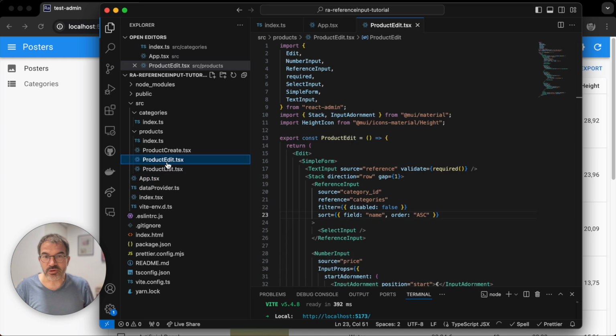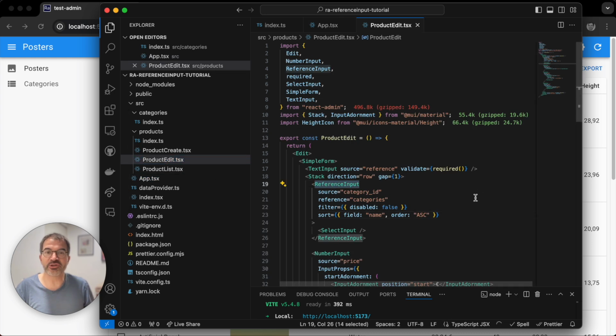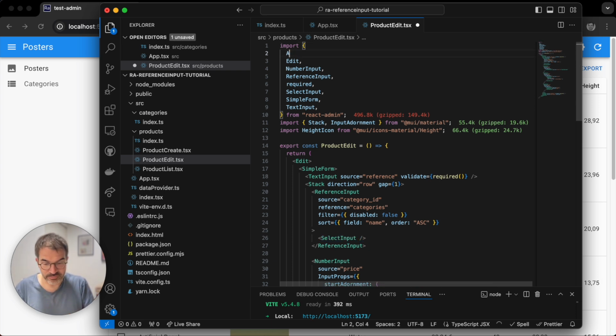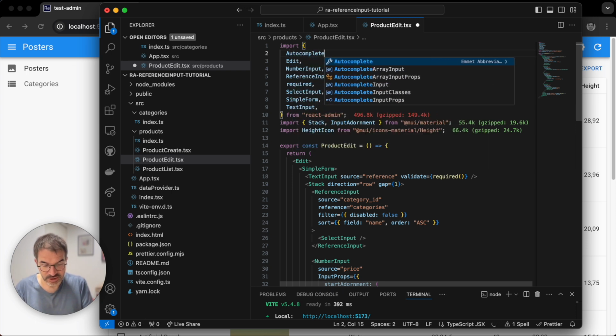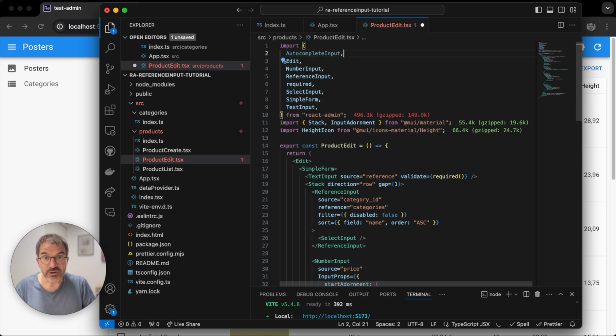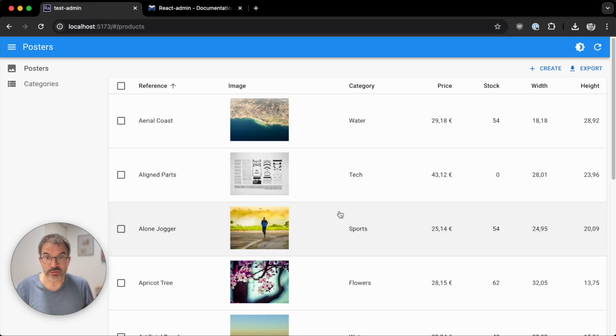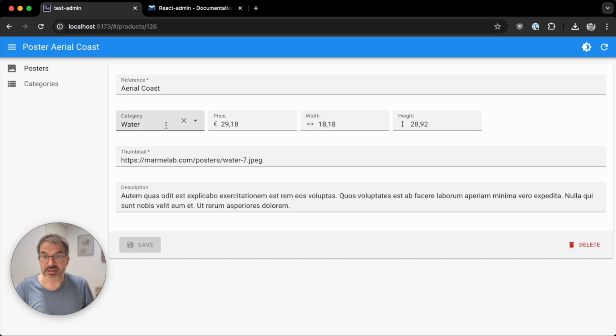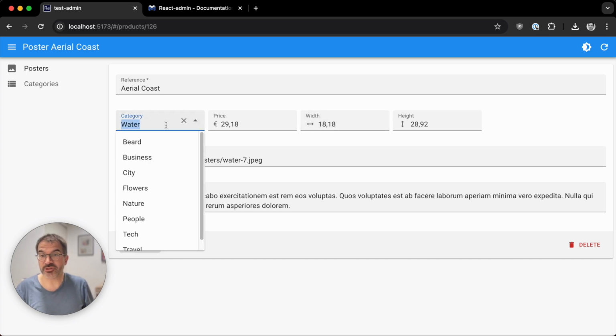So the reference input takes a child, which is a regular select input. It can also be an autocomplete input. And if it's an autocomplete input, then users will be able to type the first letters of a choice to filter the list.